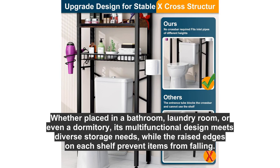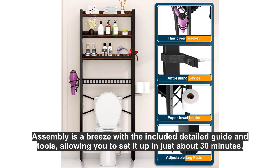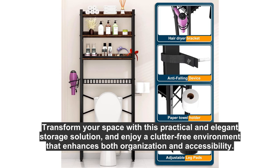Whether placed in a bathroom, laundry room, or even a dormitory, its multifunctional design meets diverse storage needs, while the raised edges on each shelf prevent items from falling. Assembly is a breeze with the included detailed guide and tools, allowing you to set it up in just about 30 minutes. Transform your space with this practical and elegant storage solution, and enjoy a clutter-free environment that enhances both